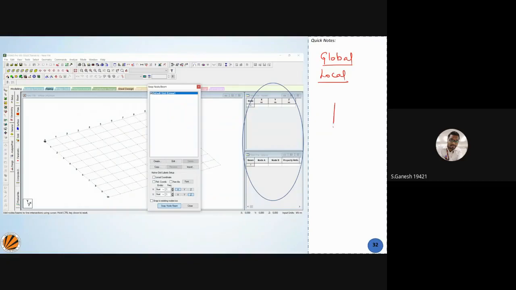Suppose I have a structure like this. This shows the global, and this shows the local coordinates. Let us take x dash, y dash. So this is the local coordinates, and this is the global coordinates.